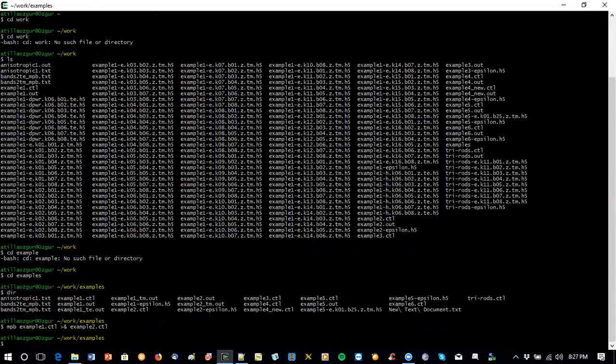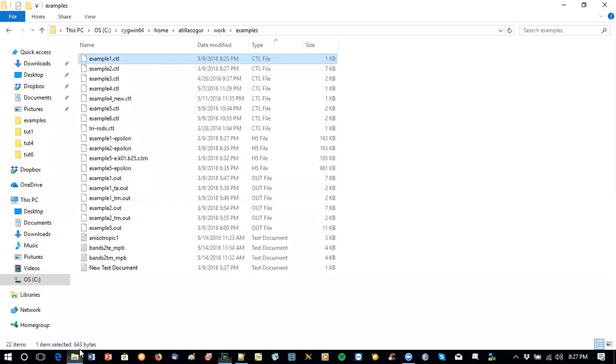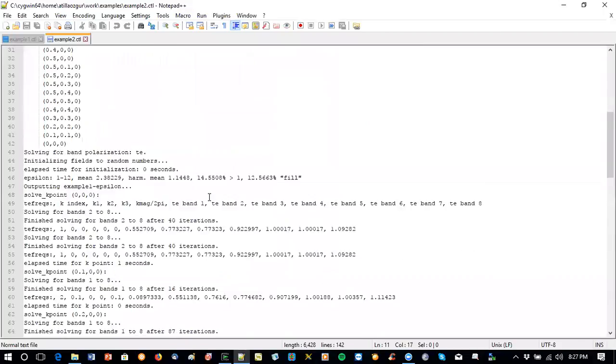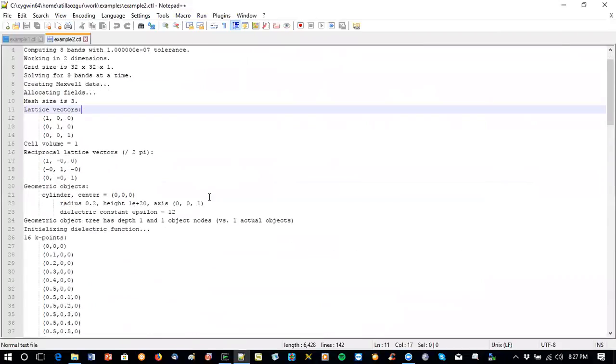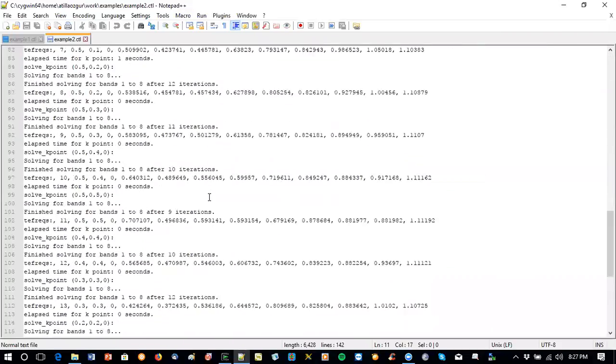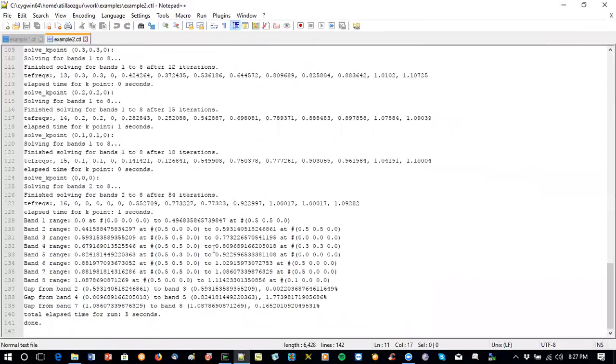I actually overwrote the example2 file. Okay, now let's go to the example2 file then. Okay, so as you can see, it did output a lot of things here, a lot of